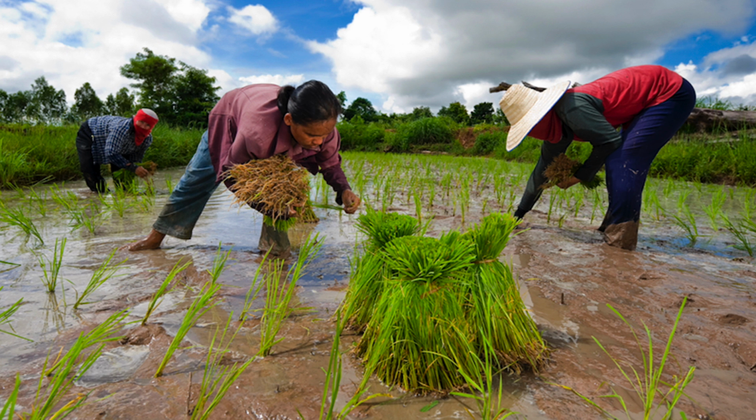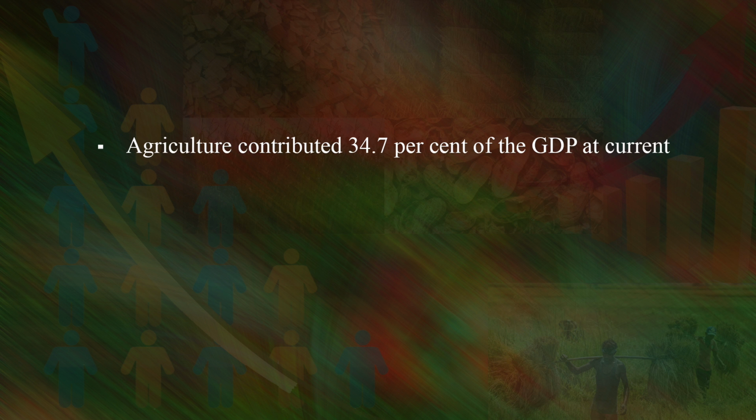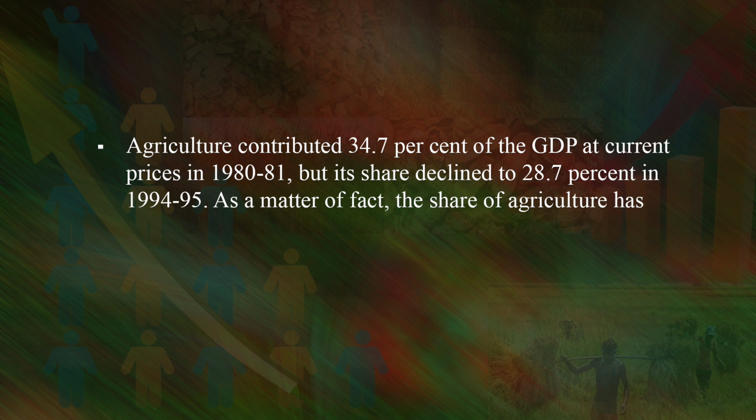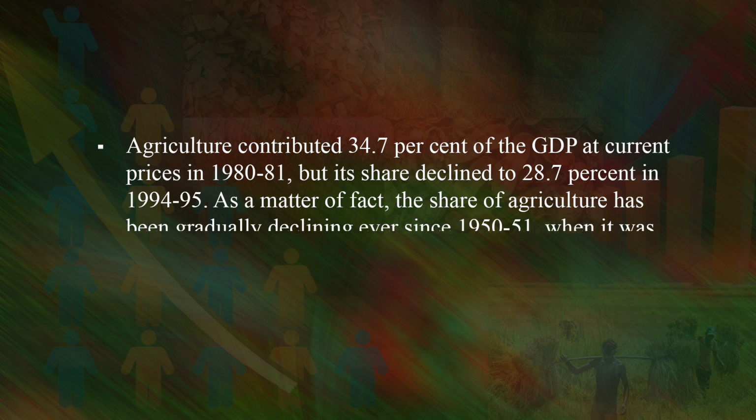The agriculture subsector occupied a place of pride in India's economy and will continue to do so in the foreseeable future. Agriculture contributed 34.7% of the GDP at current prices in 1980-81, but its share declined to 28.7% in 1994-95. As a matter of fact, the share of agriculture has been gradually declining ever since 1950-51, when it was